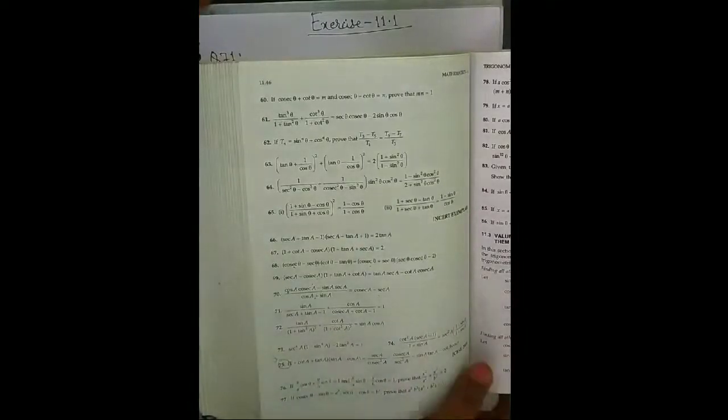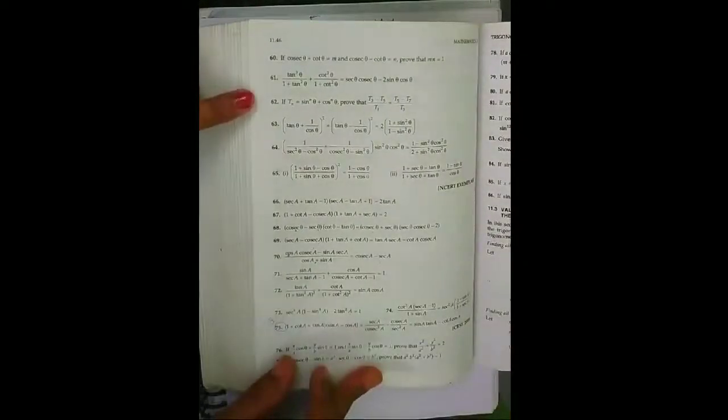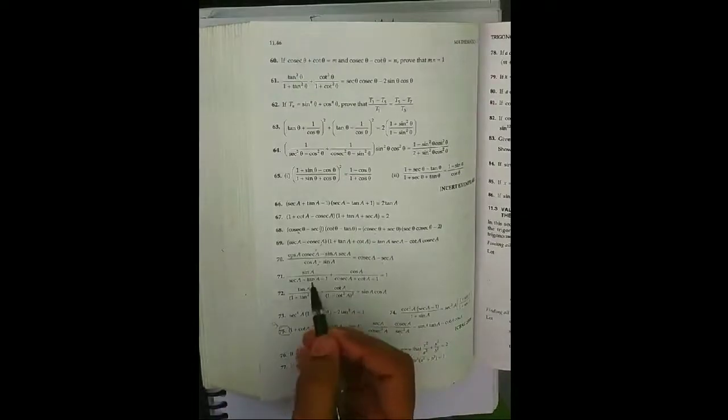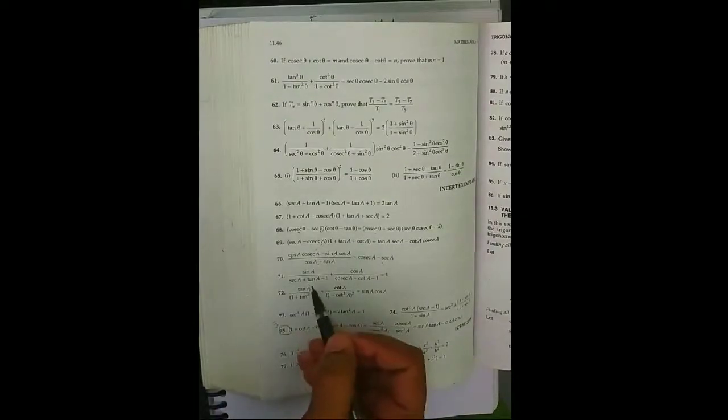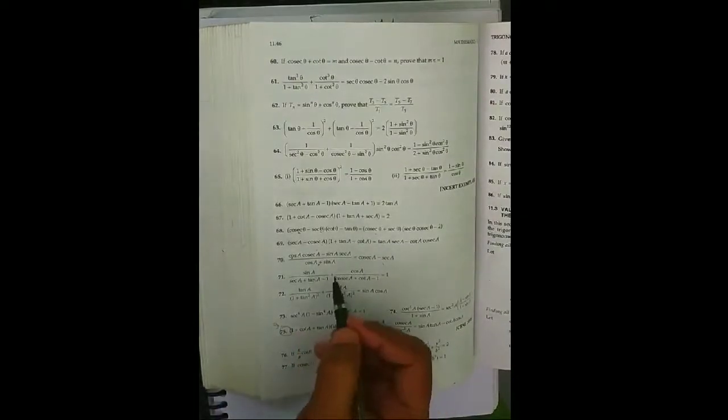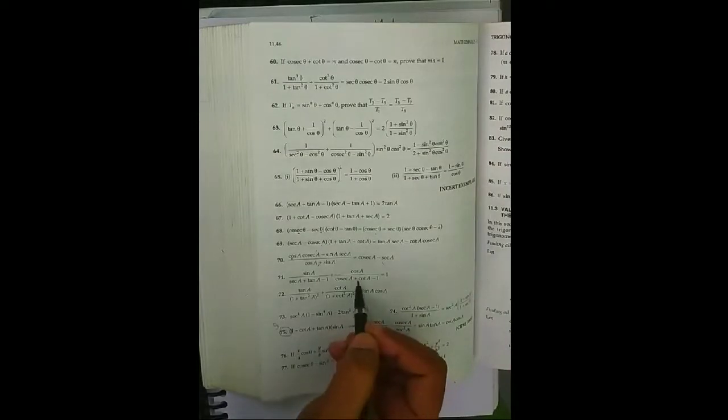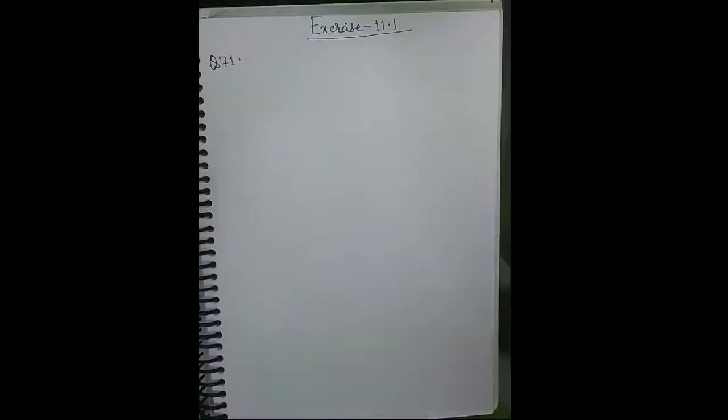इस लेक्चर में हम एक्सरसाइज 11.1 का क्वेश्चन नंबर 71 से सॉल्व करेंगे। क्वेश्चन नंबर 71, प्रूव दैट sin a upon sec a plus tan a minus 1 plus cos a upon cosec a plus cot a minus 1 इक्वल टू 1। फर्स्ट वी राइट क्वेश्चन।